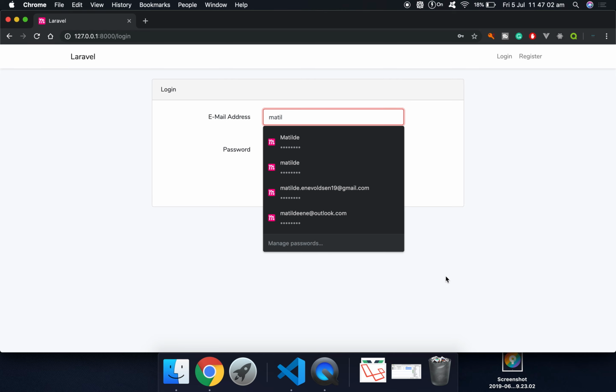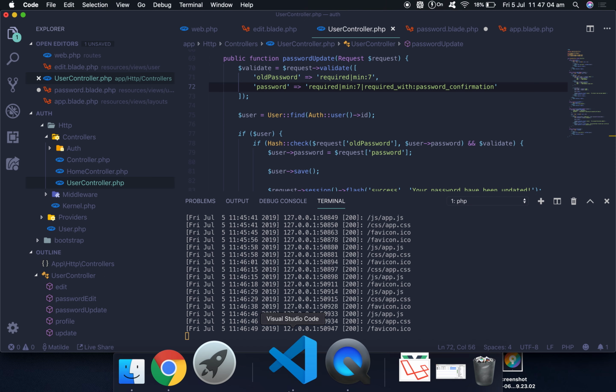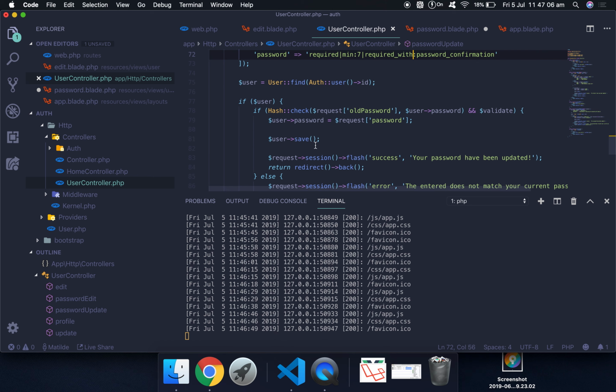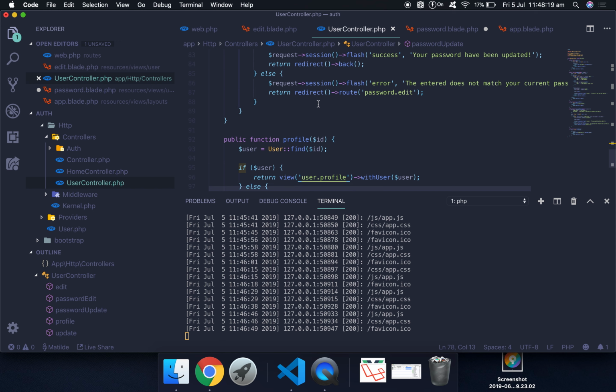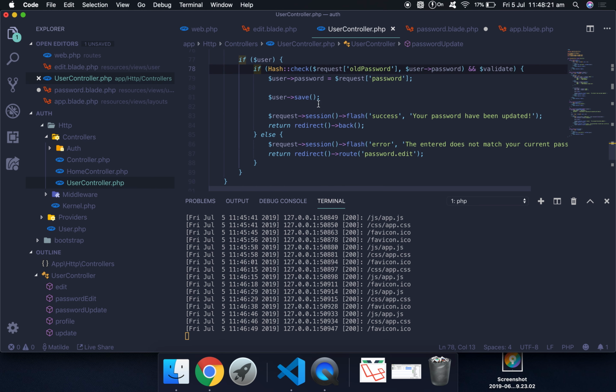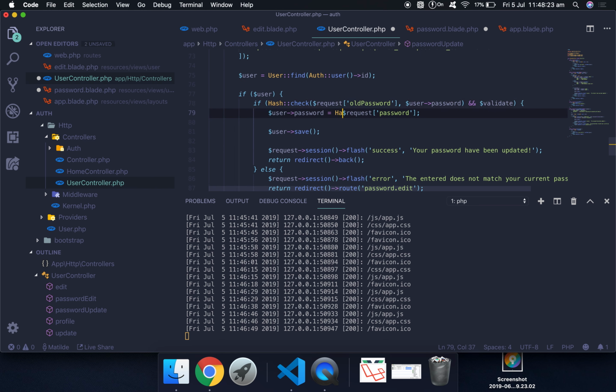Yeah, of course, we changed the password, but we don't hash it. So we need to hash the password, obviously, before we do that. Otherwise, it will give an error when you try to pass on the password because it's hashing the password, but the password is not hashed. So we need to just go in and do that. Alright, so the way we do that is very simple. It's actually just going in here and saying hash make,